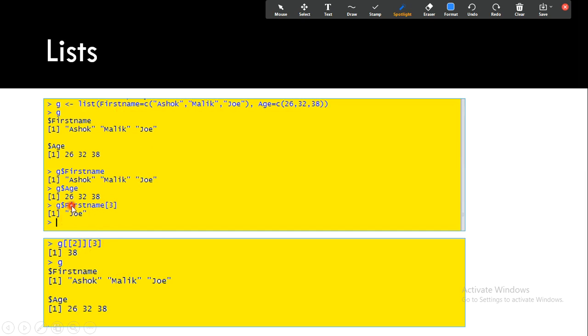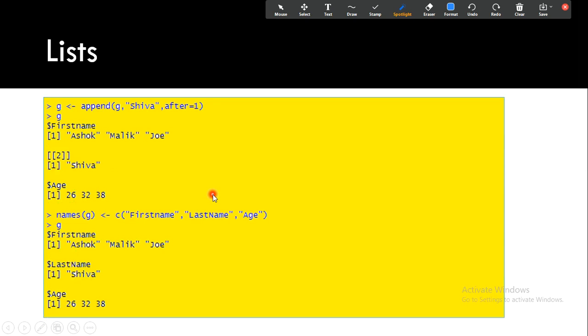For this, you can also do G square bracket 3 to access it. But this one makes more sense. It is very helpful and easy to remember, especially when you have multiple values in your list.